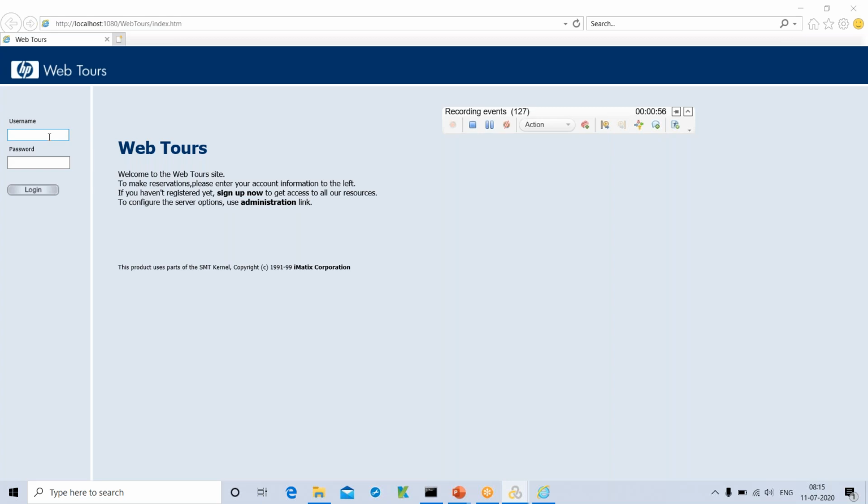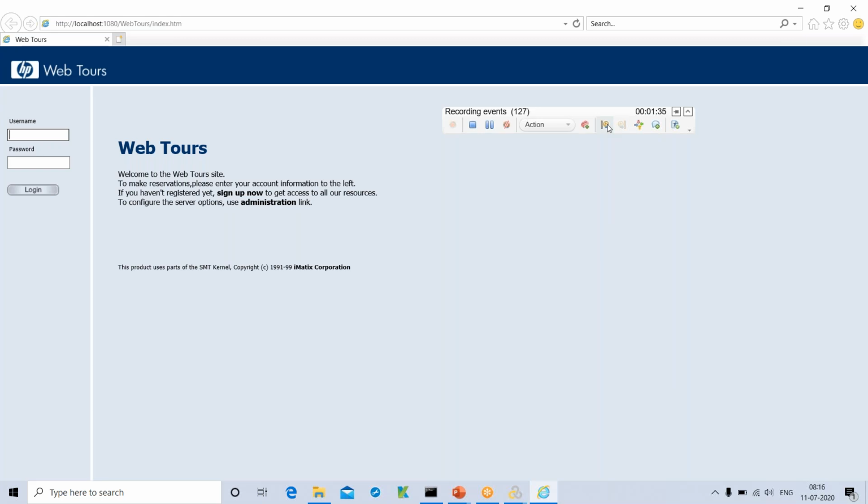Now I'll create some transactions over here. For the time being, just assume that transactions are what I use if I want to capture a specific time for launch, login, and logout. I have to tell Vusion the starting point and the end point of launch, the starting and end of login, and the starting and ending of logout. Where should I start and where should I end? I have to tell Vusion, so that only then will it be able to capture.